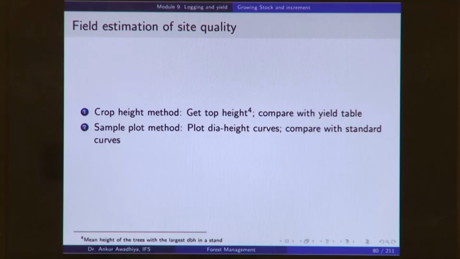And when you do that, you can compare the crop height with the yield table. So, yield table is a compilation of the growth statistics of different stands at different points of time. And so, in an yield table, it will give you an idea that in the case of the best site quality, say site quality 1, the top height is say 30 meters,